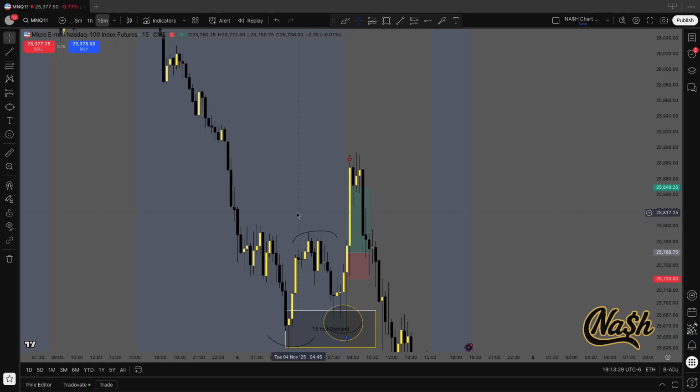And that's why a lot of traders go wrong. They get so caught up in the indicators, so caught up in all these tools, but they don't use what they have in front of them. Price is going to tell you what it wants to do. You just have to see and wait for it to tell you what it wants to do. And that's exactly what I did. And that's exactly why I won this trade.